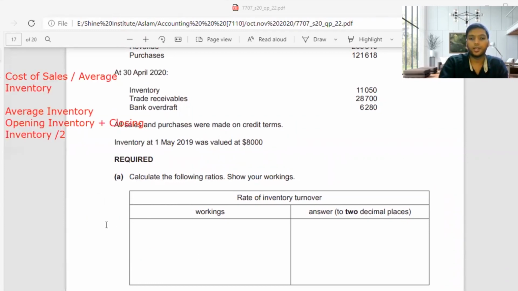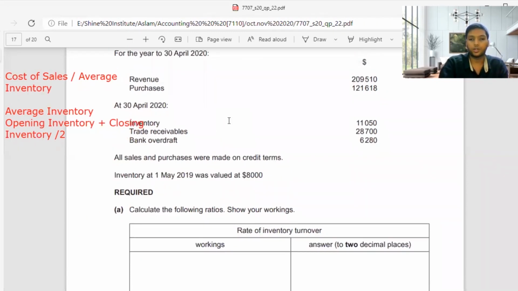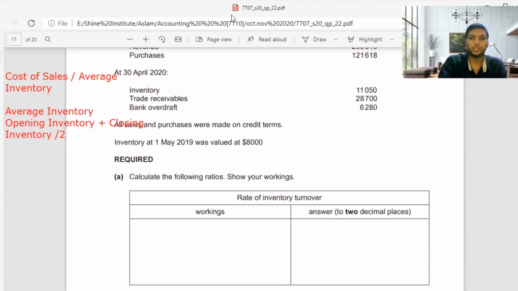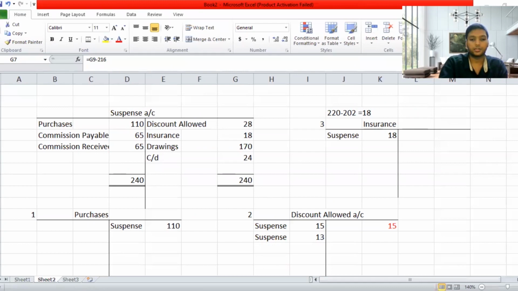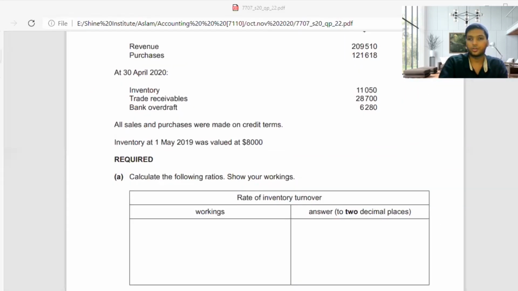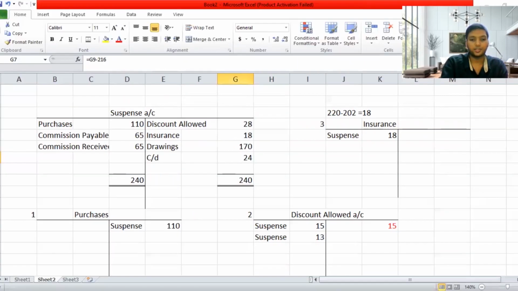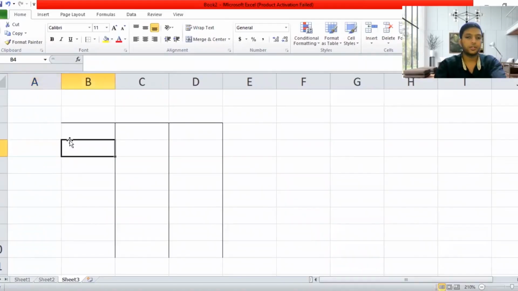What I need to do is find the cost of sales, because it is not given in this question. They have given only the revenue part. So I need to find the cost of sales. How do I find the cost of sales? Let's move on to the Excel sheet to find the cost of sales. I'll take another sheet, guys. It's a bit slow. I need you guys to be a bit patient when you're doing this with me. So now I'm going to find the cost of sales, guys.